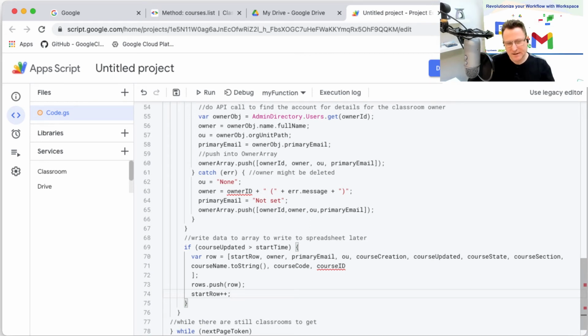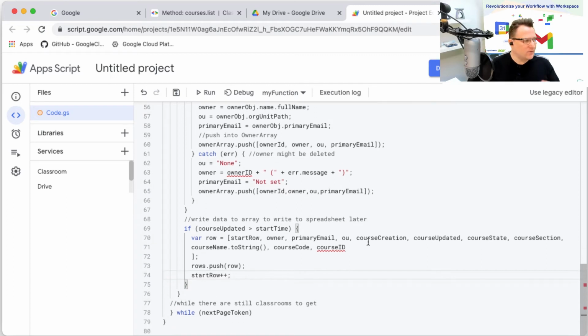So we will end up with all of the classrooms that we've got in our domain that are active and have been active in the particular date range that we're looking for. We're going to end up with them all sitting in an array. And the beauty of Google Sheets and APIs and such is we can now go and write all that information really easily out into the spreadsheet. So in order to do that, what we're going to do is